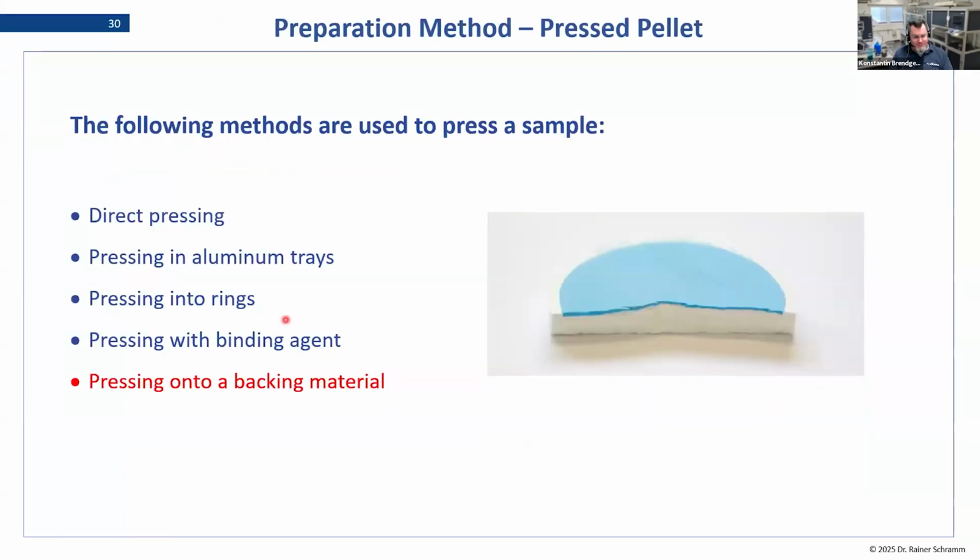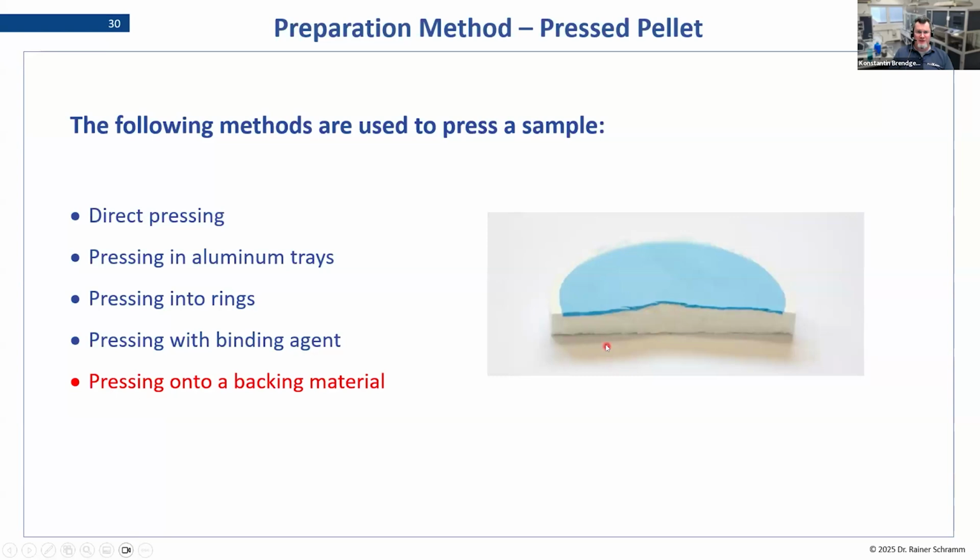The last example is, as I mentioned before, that we need quite a lot of sample to make a pressed pellet, like 4 grams for a 32 millimeter pellet, to get a good thickness. So if you do not have that much sample available, what you want to do is the so-called backing, or the pressing onto a backing material. This used to be done with boric acid a lot, which we don't sell anymore because it's considered toxic. So we use this one with